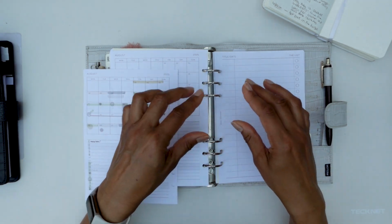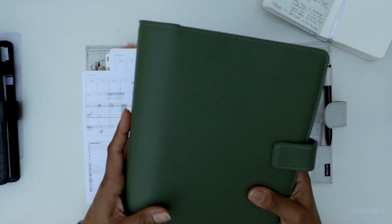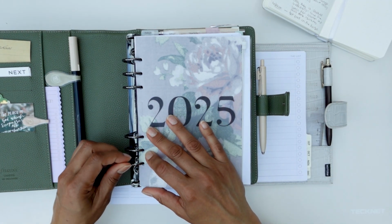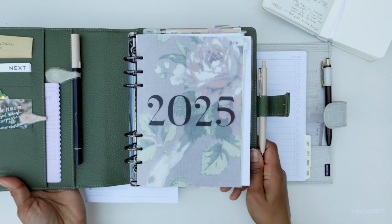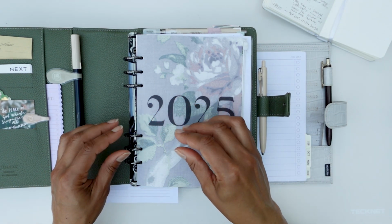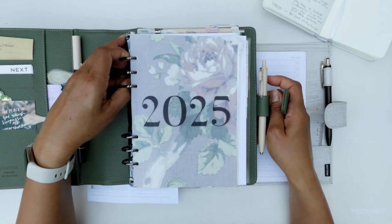The rings, how have the rings gone? Because my Camden, oh, I didn't even cover this. I'm not going to cover this, otherwise the video will be super, super long. But yes, I had a little bit of ring gaping on the rings in this Filofax A5 Camden. I did use the technique of trying to realign them again, and it's definitely improved, but I feel like, yeah,